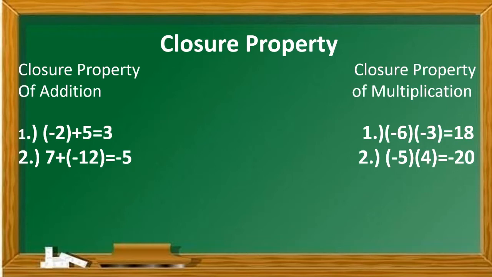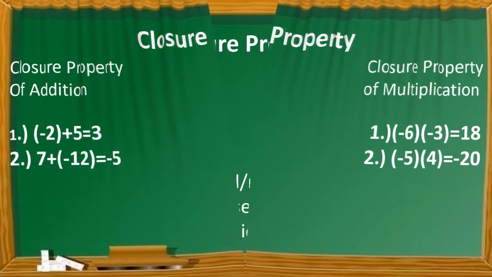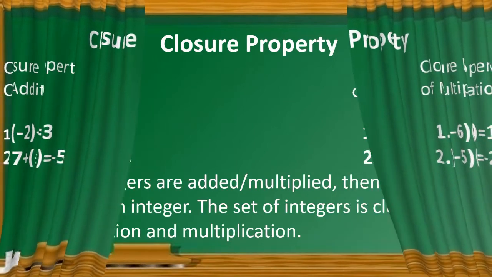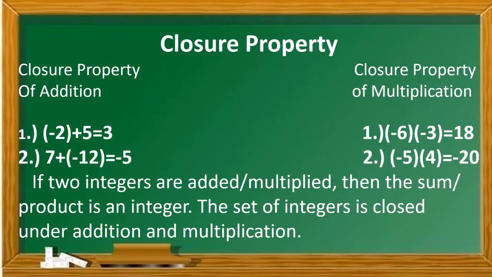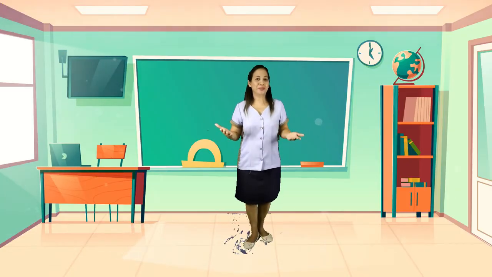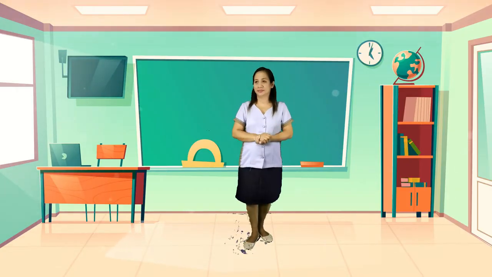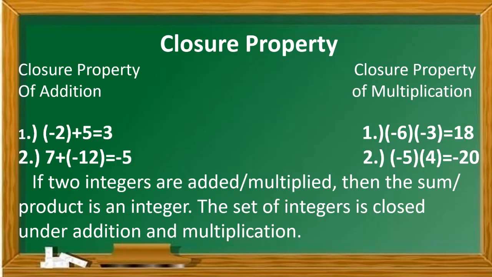Therefore, if two integers are added or multiplied, then the sum or product is an integer. The set of integers is closed under addition and multiplication. Can you follow? I hope so. Next property,